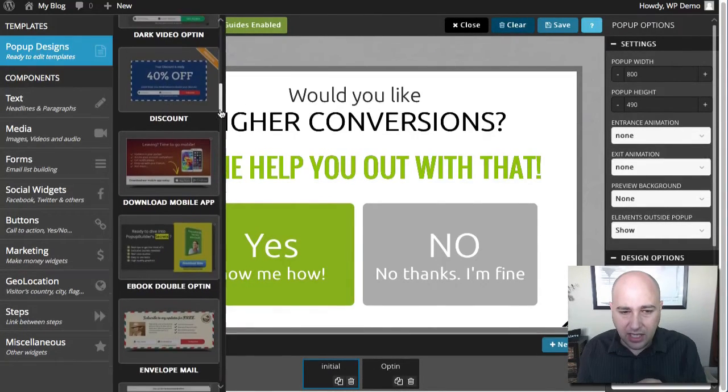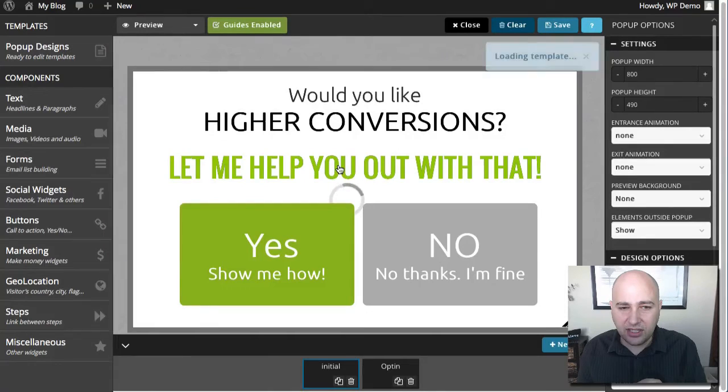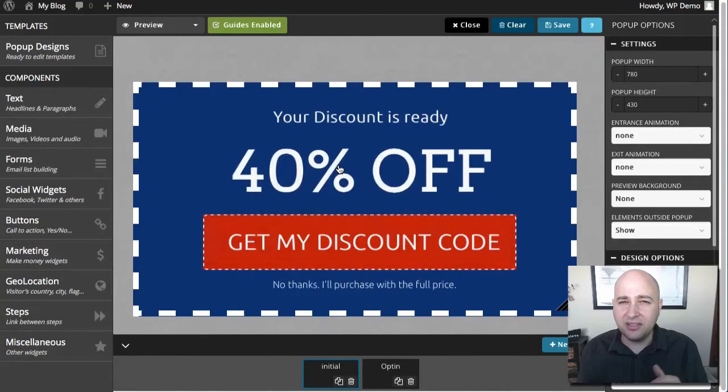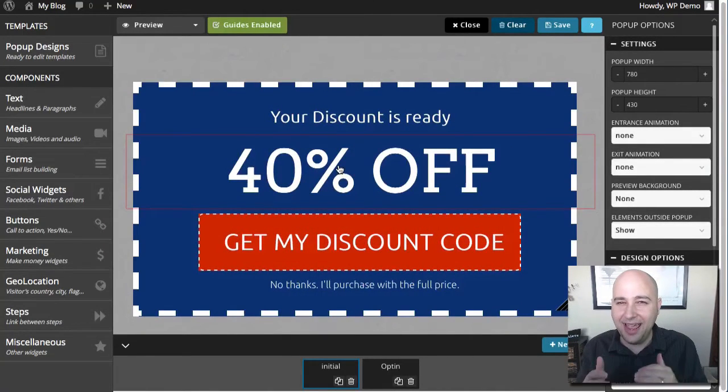Let's scroll down. This is actually really good, and this is why every business in America should probably have this plugin. Look how beautiful this coupon pop-up is. So this would be killer for any business, or especially local businesses, that just need that extra nudge or motivation to get people in their store or to use their service or to buy their products, to give them a quick discount pop.